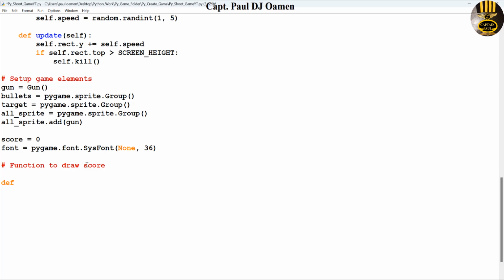Function draw score, that's going to be the name of my function, and just enter parentheses there. That is going to be score underscore text, and that's going to be equals font dot render,